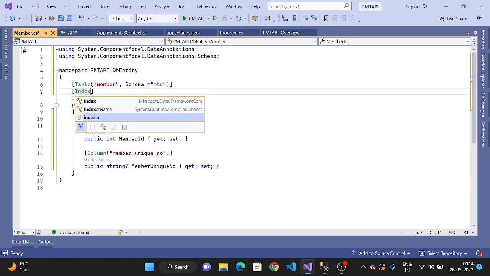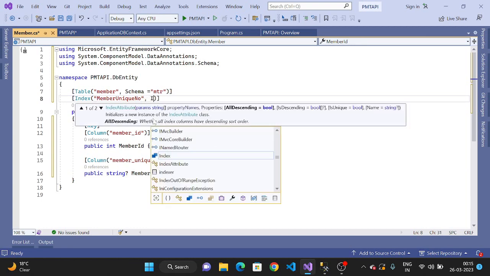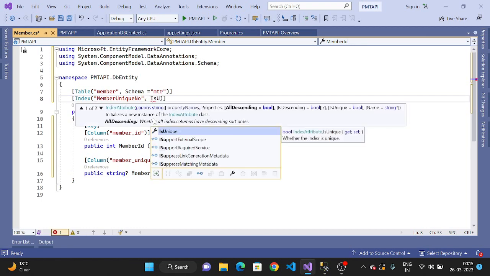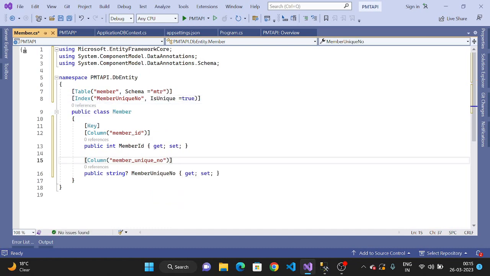So index, that is index name. Let's give the member unique number, and give the parameter that is unique is equal to true. Okay,